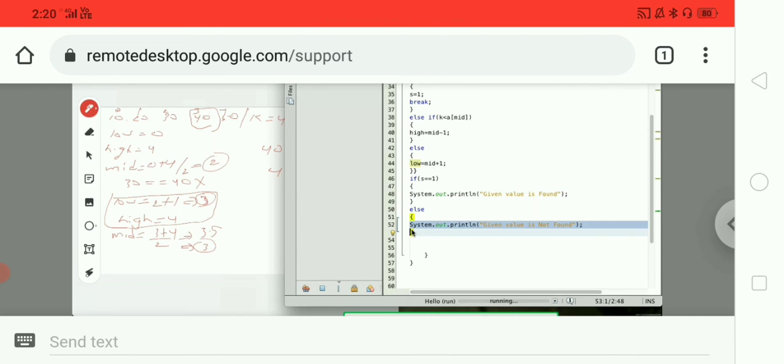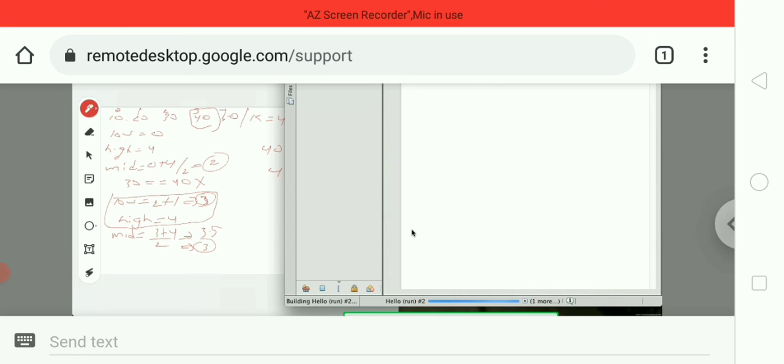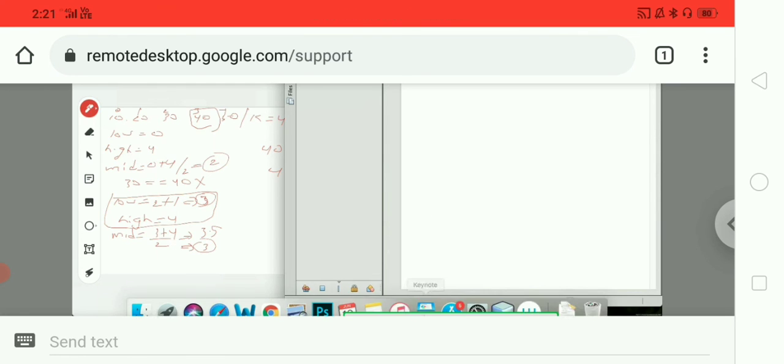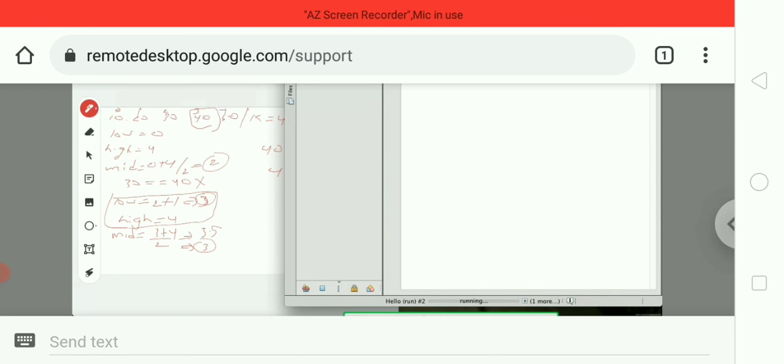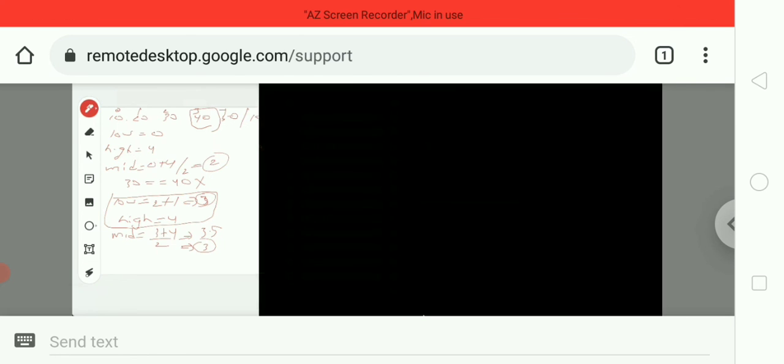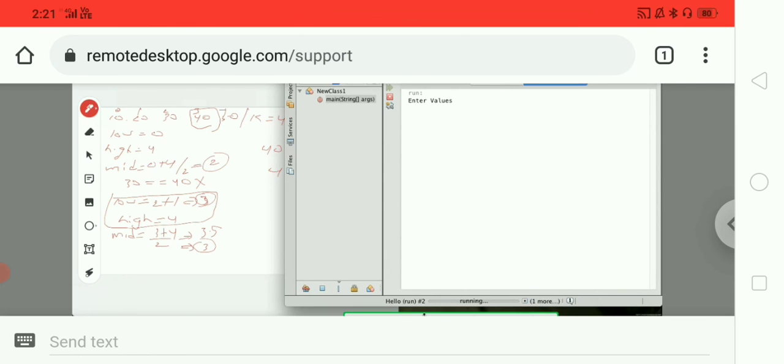Okay. Now let us check the output. Okay, I am giving some values.